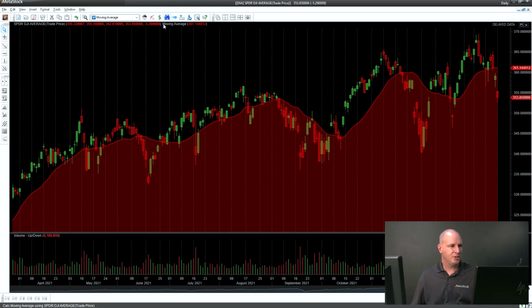It will also now show you all the indicator values right here on the top of the bar, and you can also see the indicator values now over in the y-axis as well. Let's take off the moving average here for just a moment,